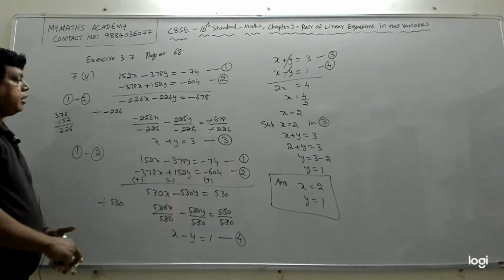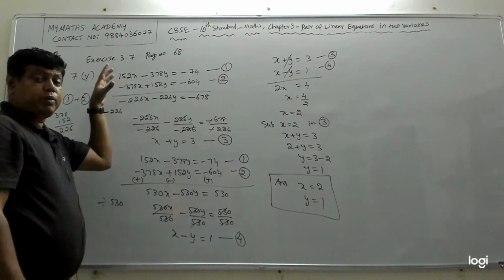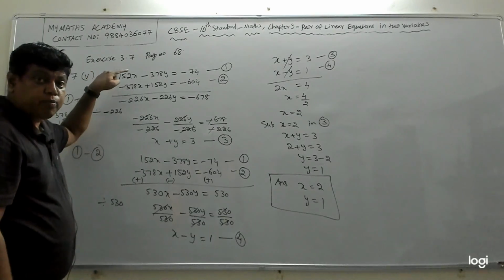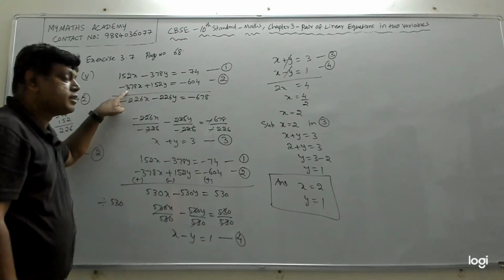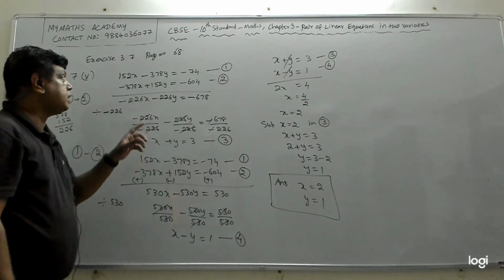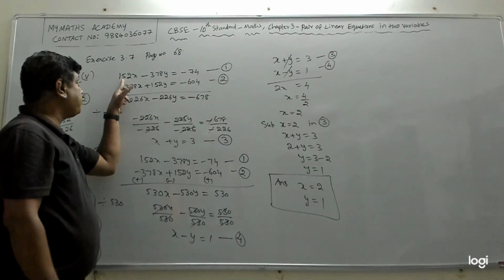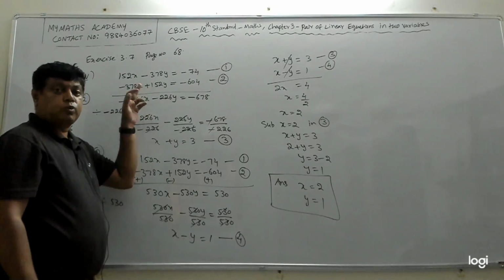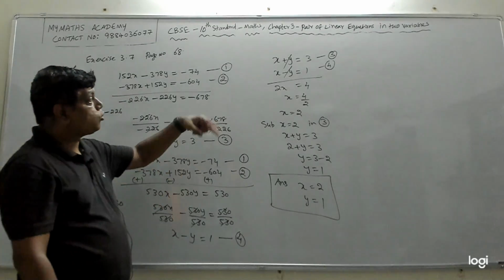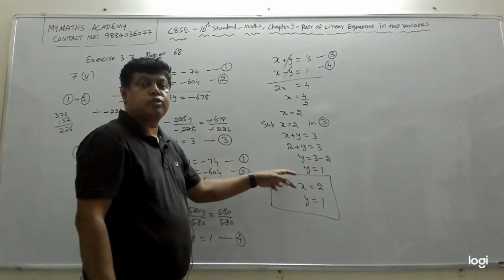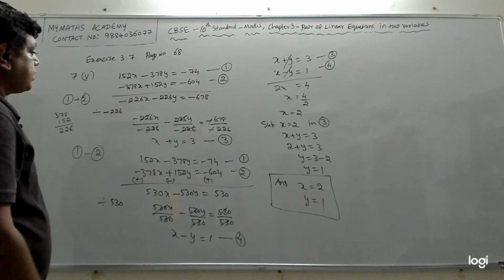Clear? Right? So such big equations with big numbers. But the moment you see big numbers, and if you see the coefficient of x in the first equation matches with the coefficient of y in the second equation, and the coefficient of y in the first equation matches with the coefficient of x in the second equation, along with the sign, exactly it should match. If it is minus 378, this also should be minus 378. It cannot be just 378. If it is 152 plus, it should be plus 152. It cannot be minus. So along with the sign, if they match, then we can add the two equations and subtract the two equations to get two more equations, and solve these two equations to find the value of x and y. Clear? So this completes the seventh problem.